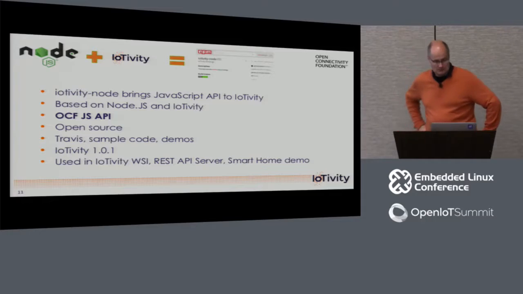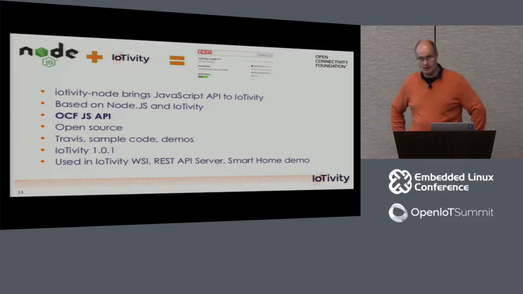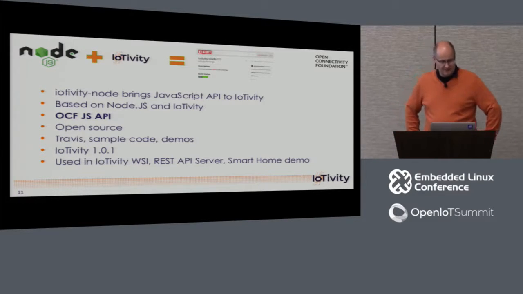So that's what we did, and so Node plus Iotivity equals Iotivity-node. By the way, the node-iotivity package name was already taken, so we needed to reverse that. Anyway, that one brings a JavaScript API to Iotivity, and it has this API, the OCF JavaScript API. It's open source,